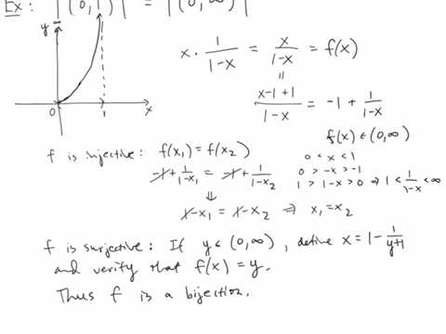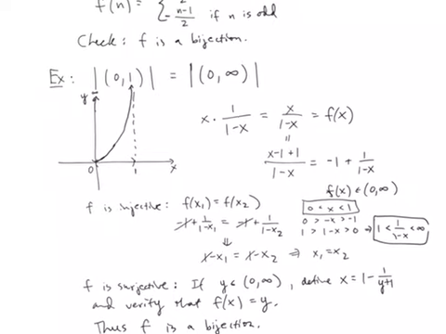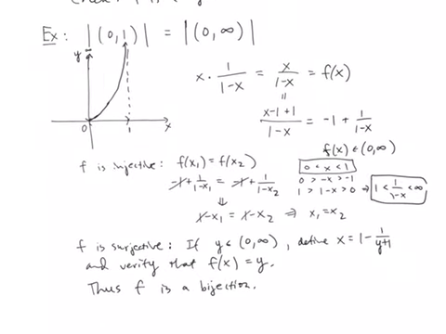And then when you multiply x between 0 and 1 with 1 over 1 minus x between 1 and infinity, you're going to get something between 0 and infinity. Okay, so there we have our defined bijection between 0, 1 and 0, infinity,